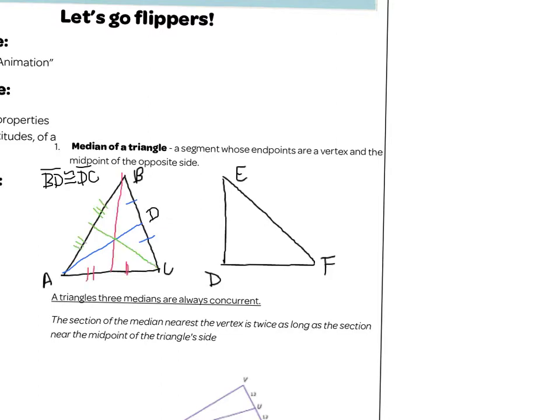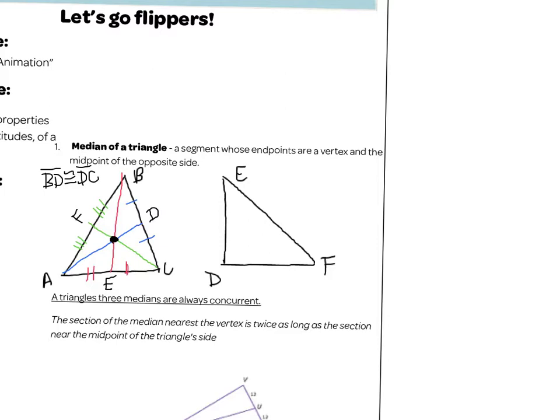Okay, so here now I've drawn in the other two medians. Here is the red one that goes from point B all the way across to segment AC, and we're going to add in a point here, and we'll call that E. And then we've drawn in the other median, which goes from vertex C all the way to AB, and we'll add a point there of F. What's really cool is that you're going to notice right away that there's a point of intersection between the three medians. This is a very important point that you're going to find out about very soon, but not this lesson. But it is true that all three medians